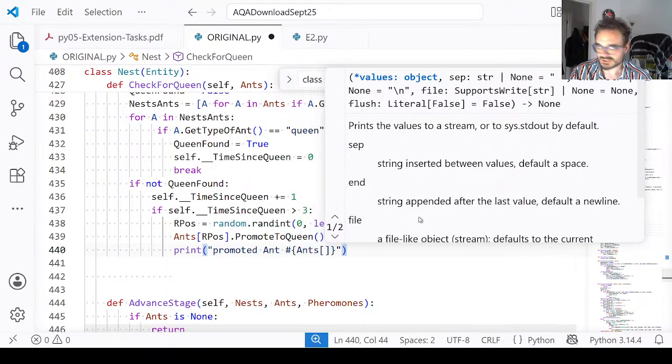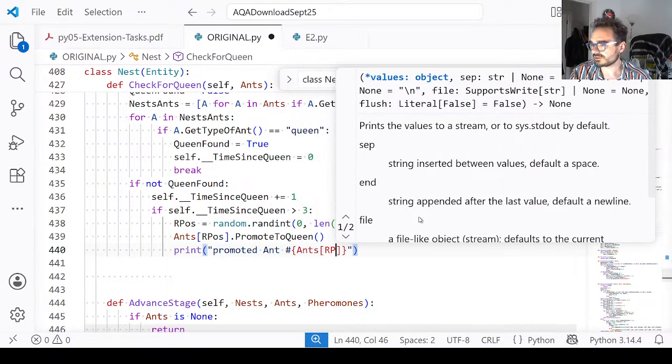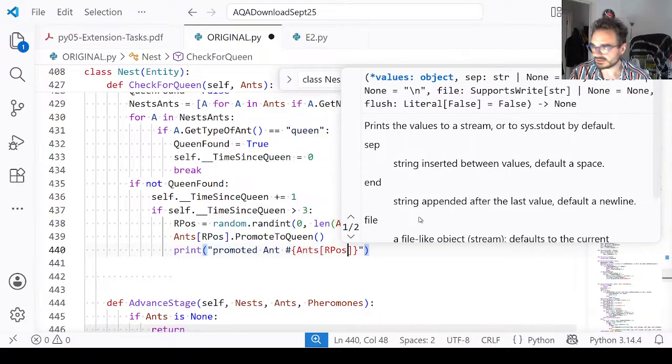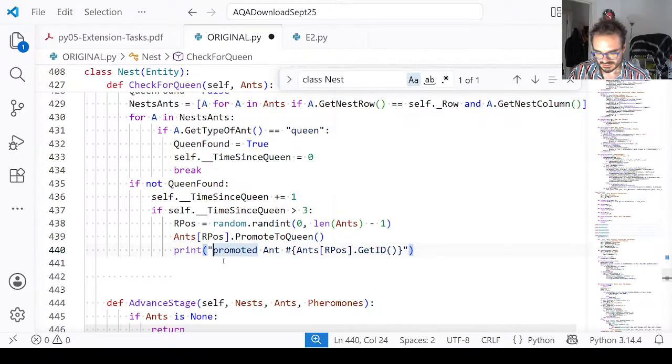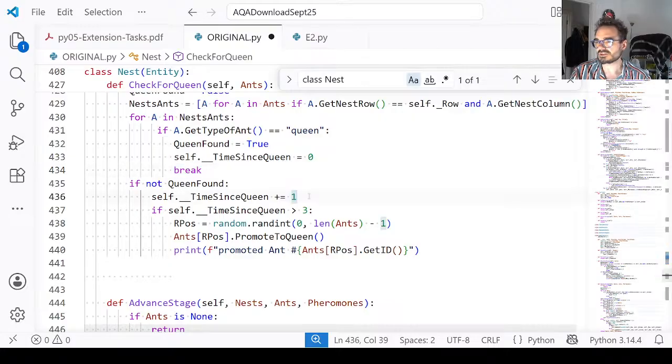Ants at outpost. This needs to be an F string, by the way. That's why it's kind of reading like that. Ants at outpost dot get ID question mark. So make that an F. This is going to log a message when I promote, and here I'm going to say